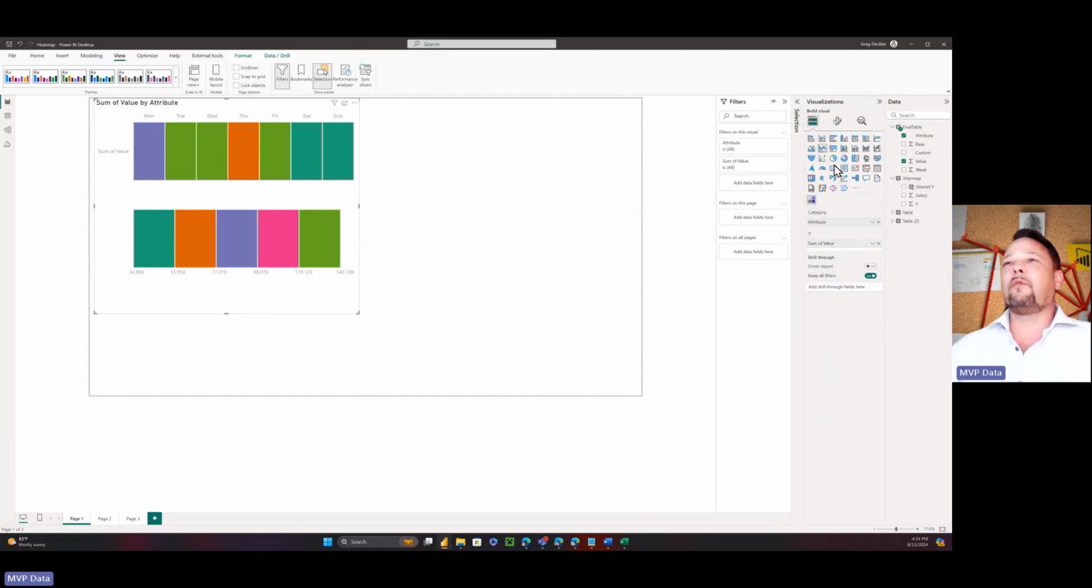Anyway, don't use this table visual. This thing should be destroyed and wiped off the face of the earth. It is an awful, awful thing. All right, so